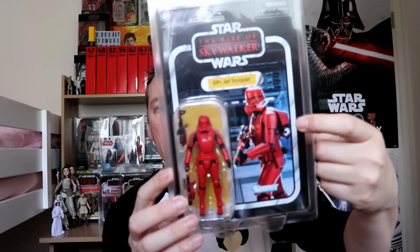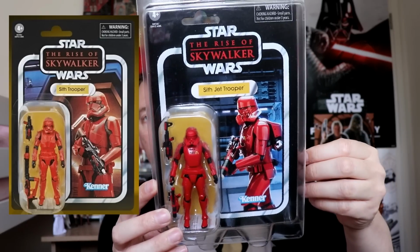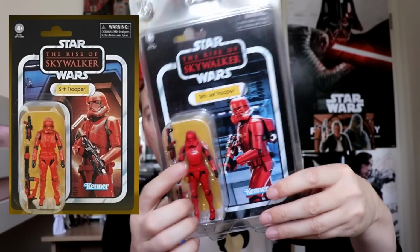Let's get that guy. So see how you get the little backpack. He's the Sith Jet Trooper. Sith Troopers, different design once again on here. Awesome. Hopefully they're put in the film a lot because